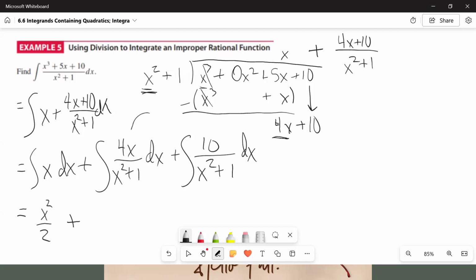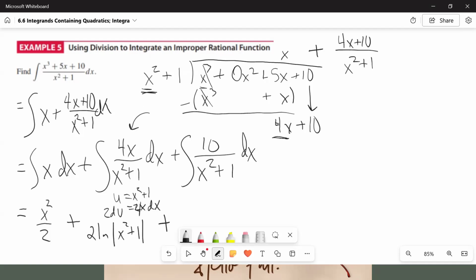The 4x over x squared plus 1 is almost u prime over u. Like if I let u equal x squared plus 1, then du is 2x dx, and I'd multiply both by 2, and you'd get 4x dx. So what ends up happening in that case is you would have 2 natural log absolute value of u, which was x squared plus 1,